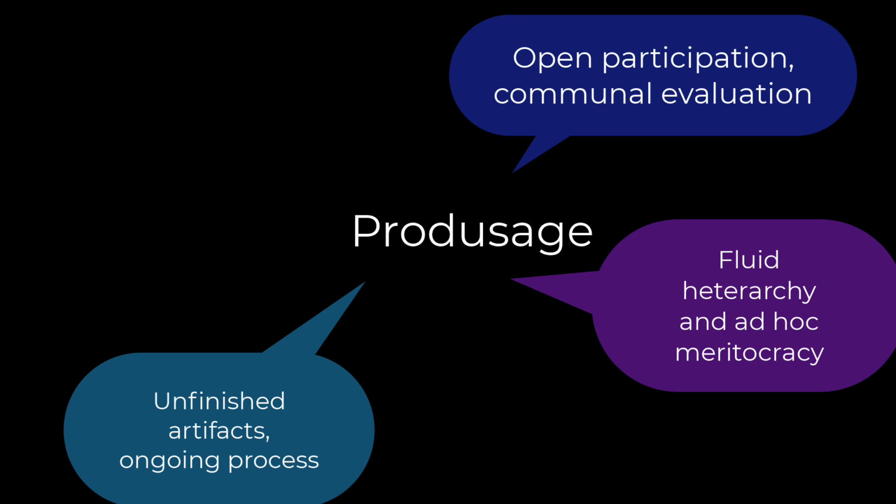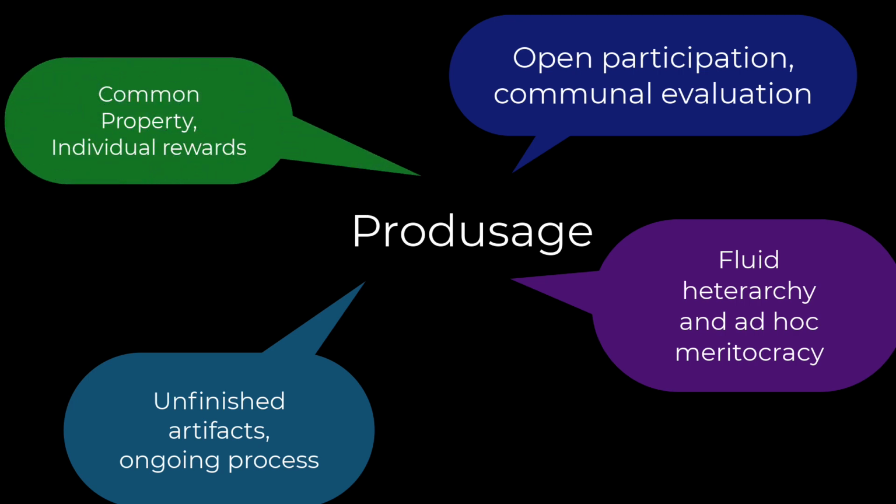Everybody has expertise that they can share on different subjects. Third, the artifacts are never finished. It's a continuing, ongoing process. You can always improve data and information. Everything is an ongoing work in progress. Finally, we have common property but individual rewards. Content is available to everybody who's involved. There are community-based copyright standards that have been created to guarantee, however, intellectual property rights. As an academic, I always like to have property rights protected.